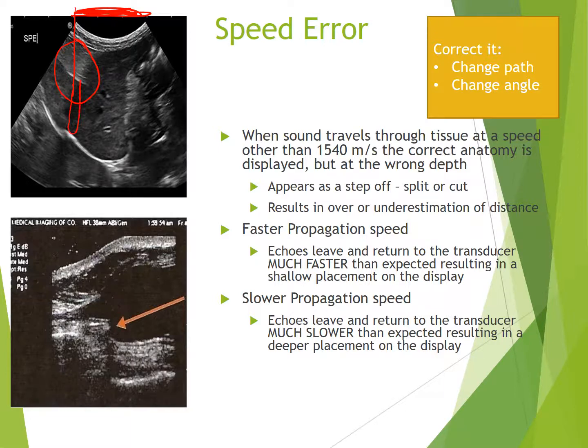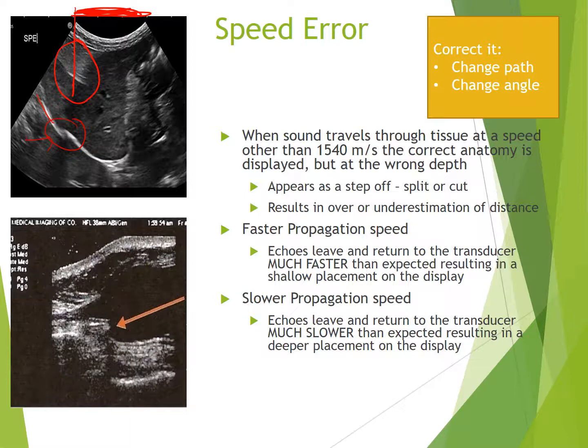So as it hit the diaphragm and returned back, it took less time for that to happen than the rest of this diaphragm here. And so the machine calculated that out as just a little bit more shallower than what we had before. And with that, we get kind of the step off part. It almost looks like the diaphragm is broken. So the machine calculated it wrong because it was assuming that all the sound was traveling at 1540 meters per